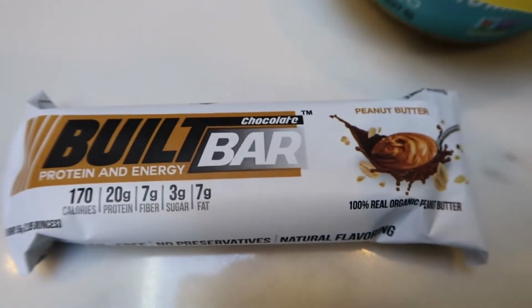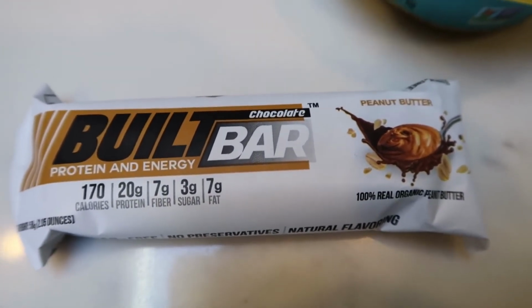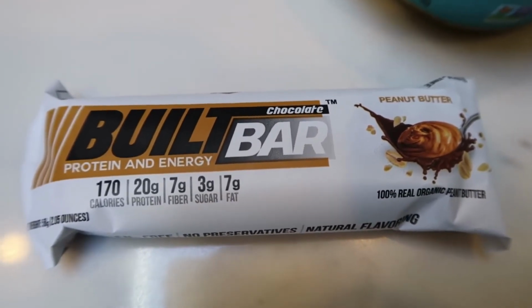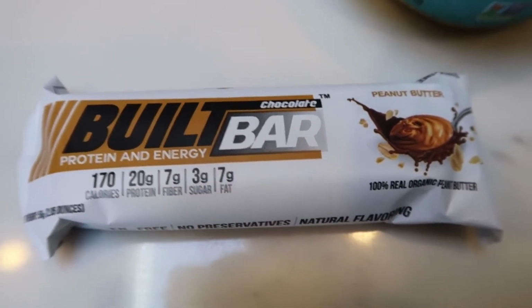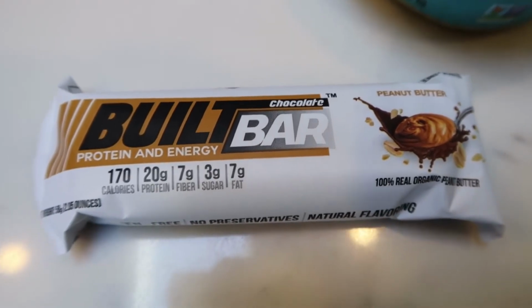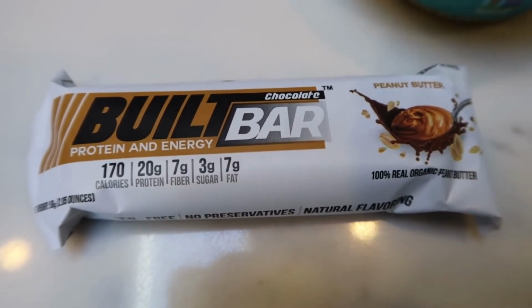Now, with Built Bar and being clean food, the ingredients aren't terrible in Built Bar. There's a couple that I don't love, but for a protein bar, this is one of the best options for clean eating. It has the cleanest ingredients other than your RX bars, which are 8 or 9 smart points. So for the smart points and the ingredients, I'm still loving the Built Bar. Again, I'm gonna have the